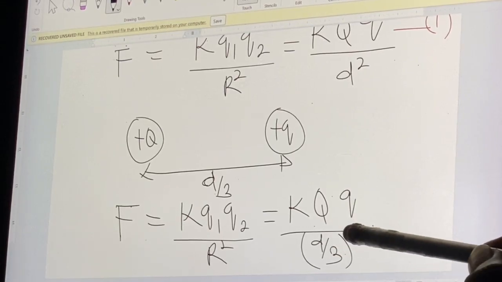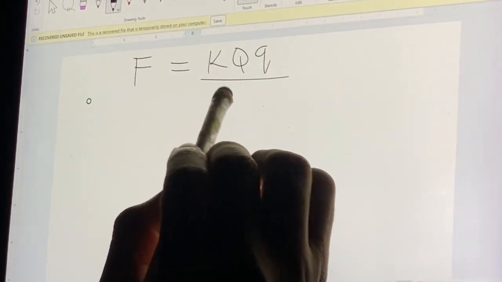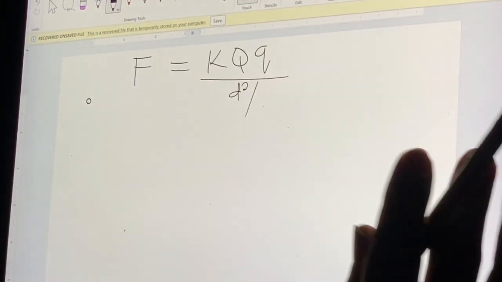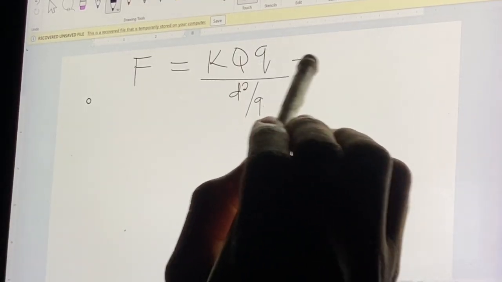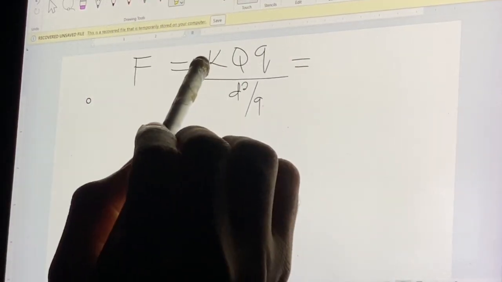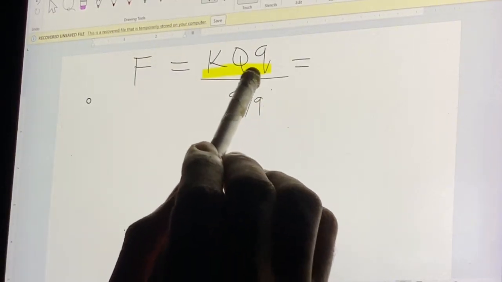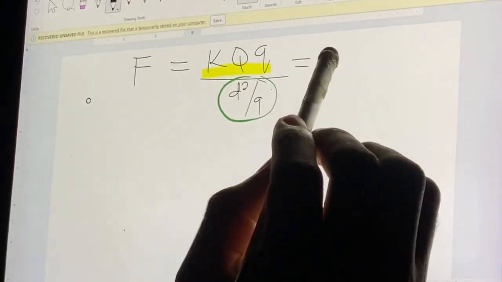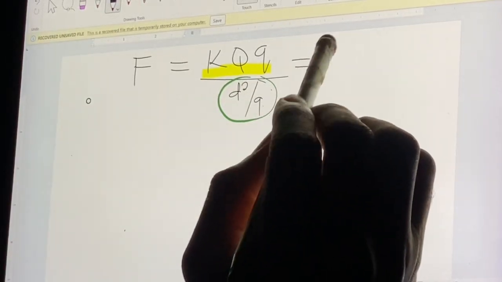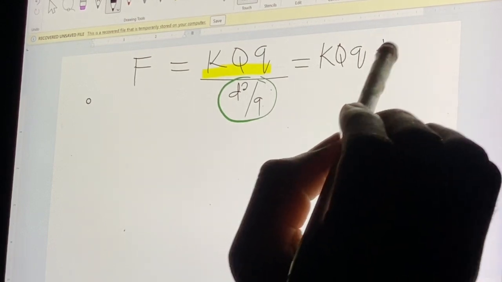So d all square will give us d square, and 3 all square will give us 9. Evaluating this, it is d square over 9. So this is going to be K capital Q small letter q divided by